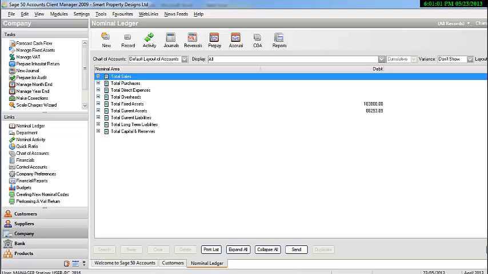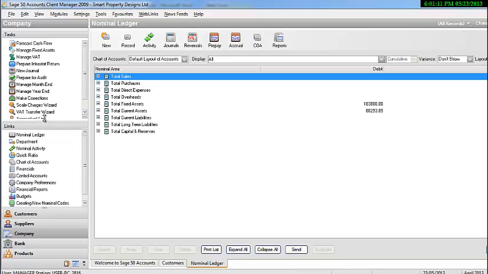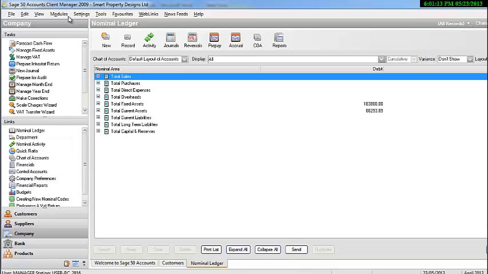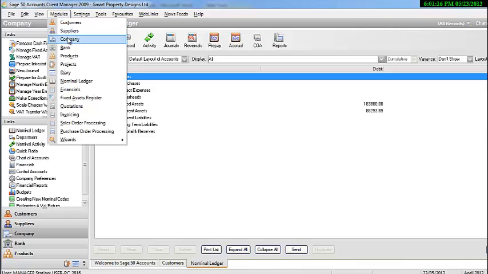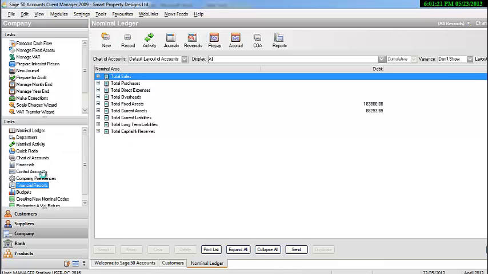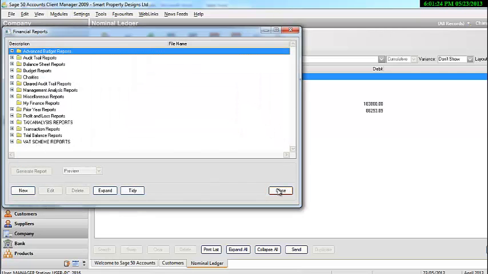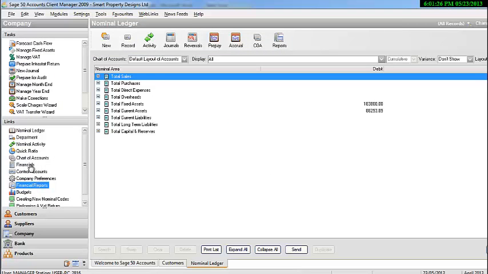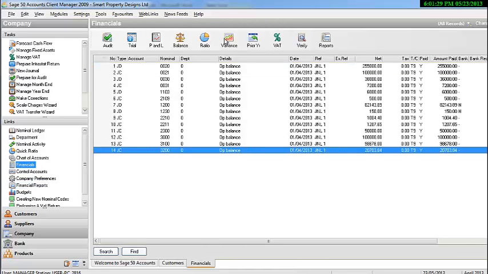So let's do that. Now what we'll need to do is go into financials. Over here on the shortcut links you may see the financial link. Again, remember you can move this up and down. Or you can go to modules, and in the 2012 version you should see financials separately listed. So if we go into financials, you'll see here on the top toolbar we have a trial balance button. Okay, so if we select trial balance,